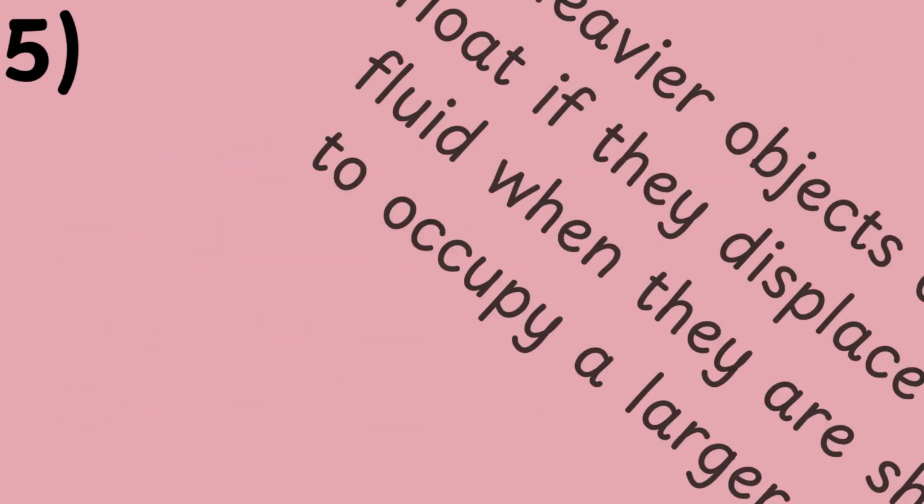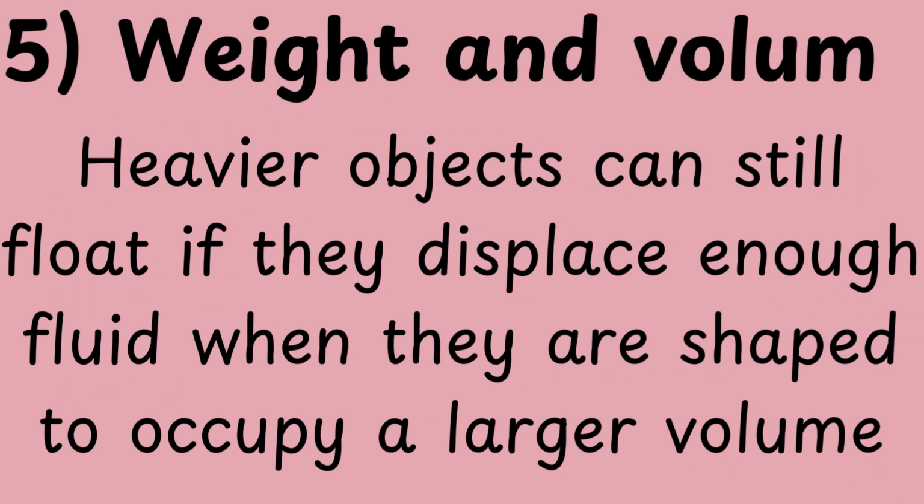Our fifth factor is weight and volume. Heavier objects can still stay afloat if they displace enough fluid when they are shaped to occupy a large volume. So we are saying that heavier objects can still float if they displace enough fluid when they are shaped to occupy a large volume. Just the way we said about surface area, when the surface area is large,